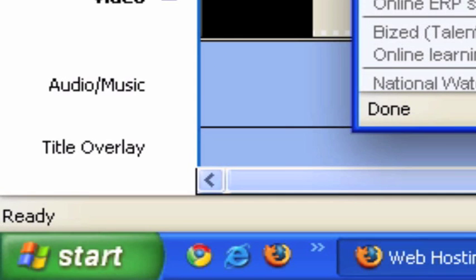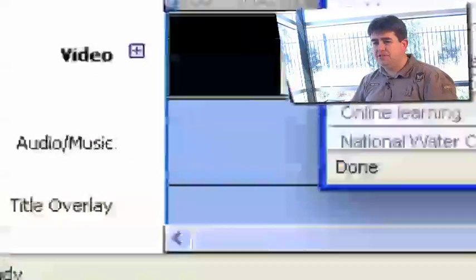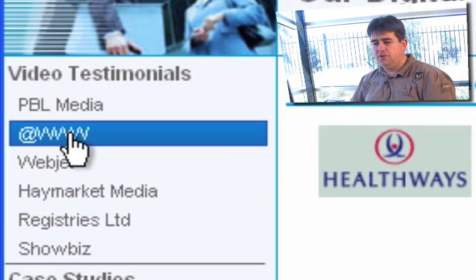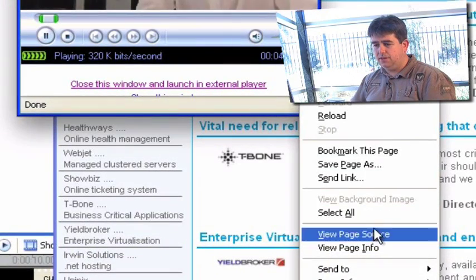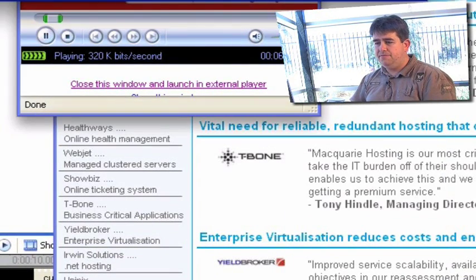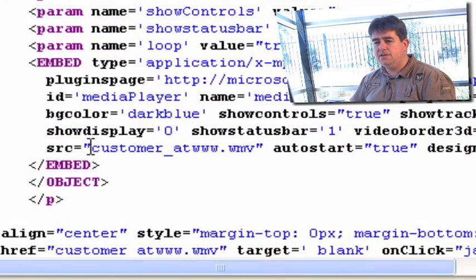So here I am in Windows, and this is the same site, and what I did in this instance for the two videos, and we're going to be looking at the two videos here, and I'll only demonstrate it with one, is that I opened up the little pop-up window, viewed the page source, and what I found out in here was that the video was residing in the same directory, and it was called